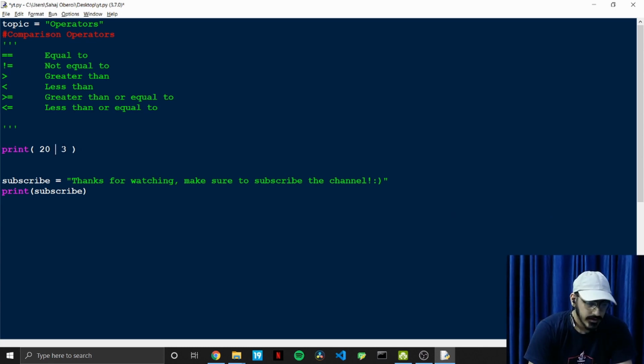Now moving on to the next operator, which is greater than equal to. What does greater than equal to basically mean? If we have written 20 greater than equal to 2, for example, let's assume this is our expression. First of all, it will check if 20 is greater than 2. If this is a true condition, then it will automatically print true.